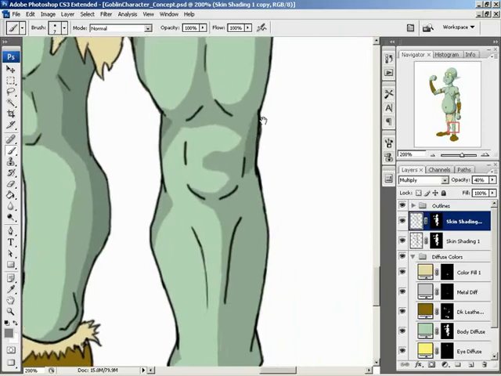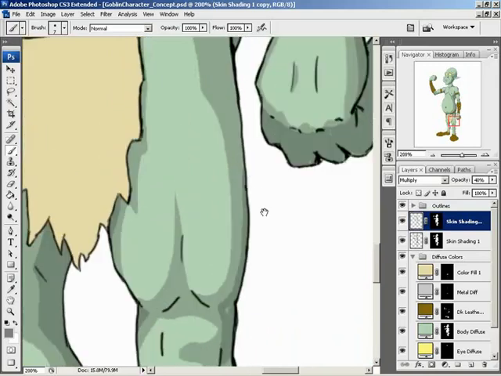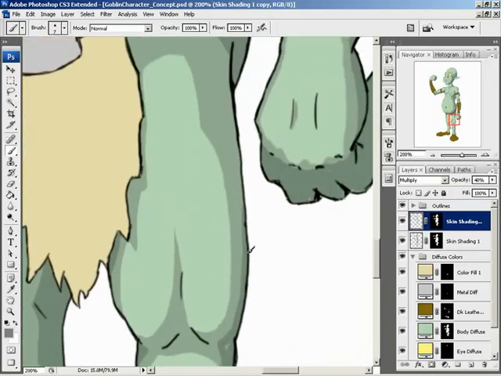Okay, and I'm going to imagine the outside of the knee to be pretty dark. And as we get to the outside of this leg,